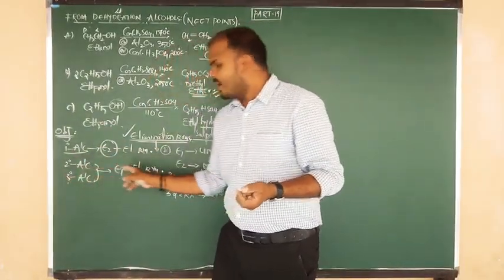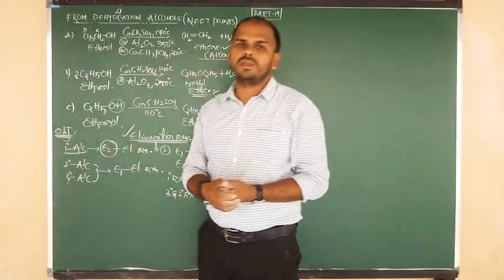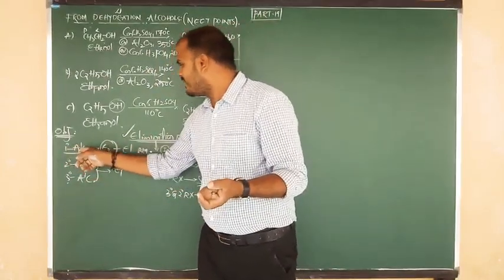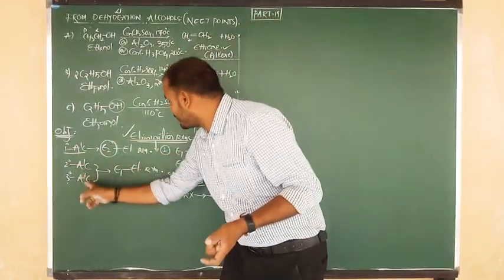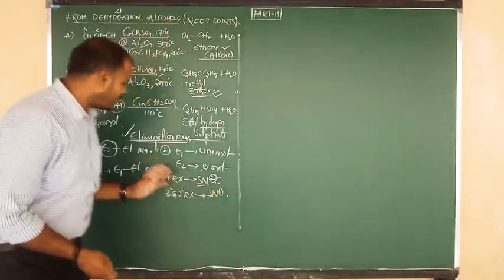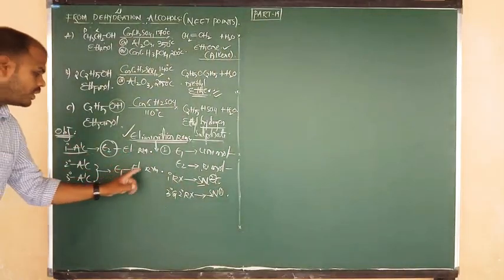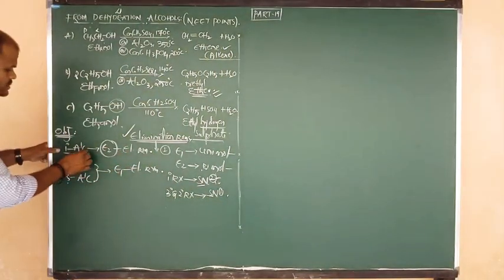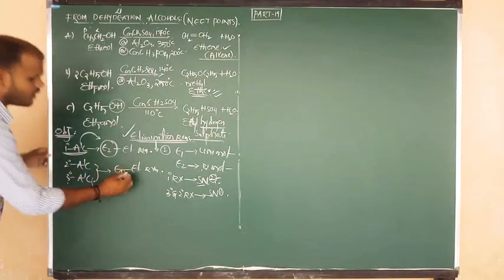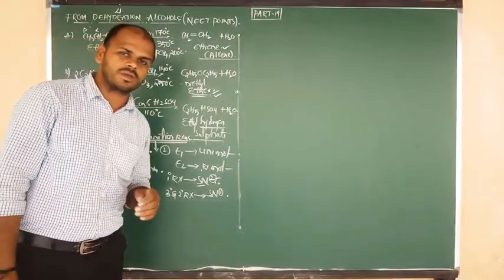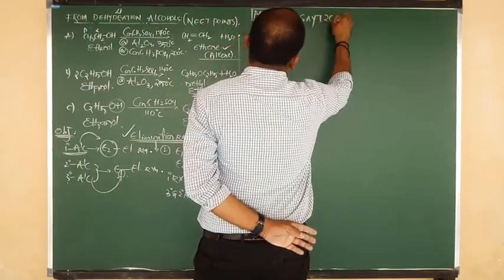So secondary and tertiary alcohols mostly prefer E1 elimination, and primary alcohols prefer E2 elimination. That means methyl alcohol and ethyl alcohol prefer the E2 mechanism, and isobutyl alcohol and tertiary butyl alcohol prefer E1 elimination. From this topic they can ask you questions, such as which easily undergoes E1 elimination, which easily undergoes E2 elimination. So primary alcohols prefer E2 elimination, and secondary and tertiary mostly undergo E1 elimination mechanisms. Good. Next, a very important topic I am going to start, that is Saytzeff's rule.